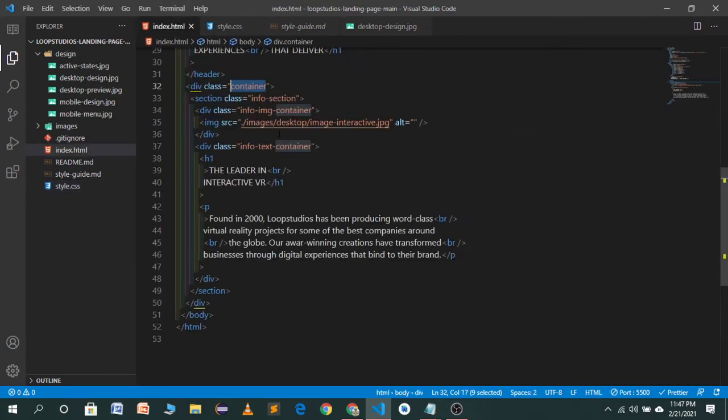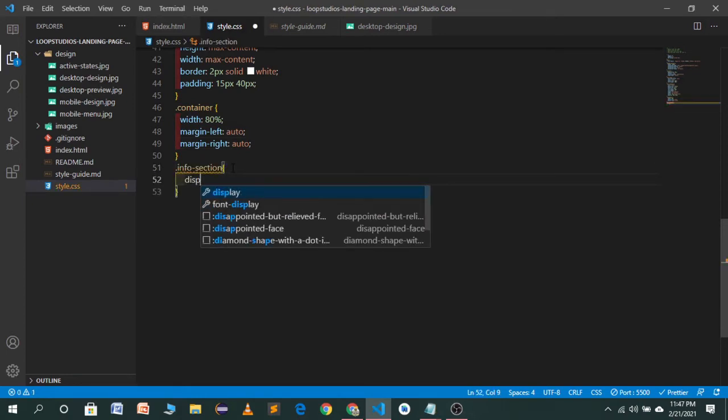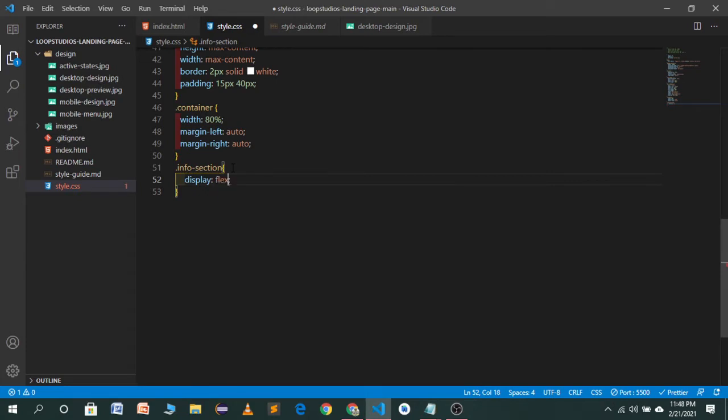So now let's move to the info section. I will copy the text for info section, go to our CSS file. I will target the info section and use display flex to align our items. Justify content will be, I think, space around. Align items will be flex-end.